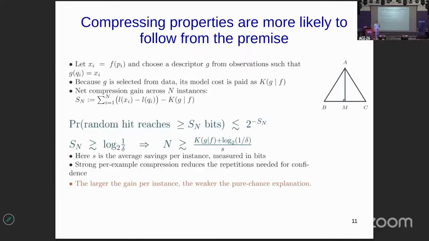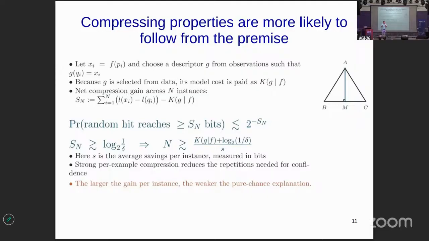So, another cool thing about it: the question is, how do we discover what actually follows from our premise, since we don't have it given? Well, if you have an isosceles triangle and drop a perpendicular on its base, you discover it cuts the base in two. That's not a random thing. If you take a random split at a random position, it's not going to be split in half. So you have here a non-random property.